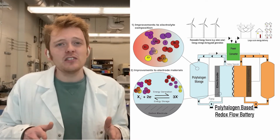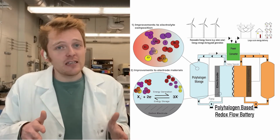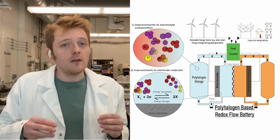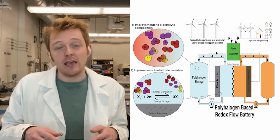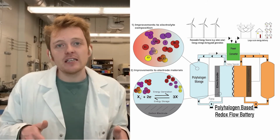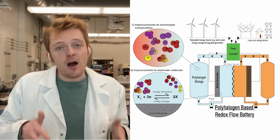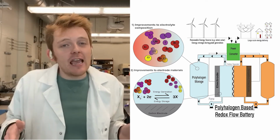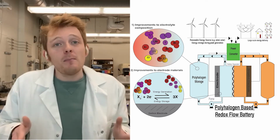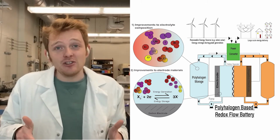What makes these halogen species so promising and interesting for this application are the so-called polyhalogen complexes that they can form in the electrolyte. Depending on the electrolyte composition, you can have the formation of these polyhalogens between a halogen and a halide of either the same or a different element, many of which have shown very promising energy storage